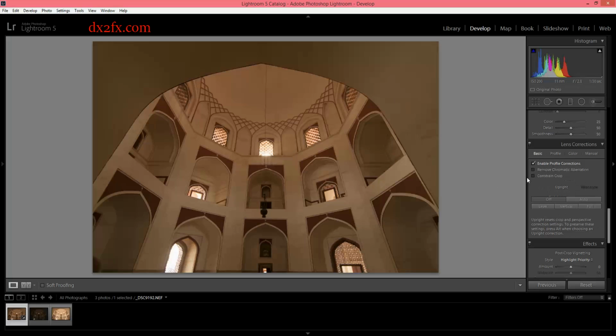Second thing, I come to the basic thing. I see that my image is very straight, but at times, especially if you are doing handheld shots, images need to be corrected or straightened up. I'll try to show you how. I'll do the auto thing here. It has done nothing, so that means it's already straightened up. I'll keep this setting as off. We don't need to do anything here in this picture,